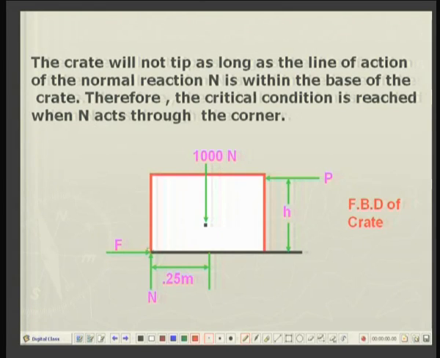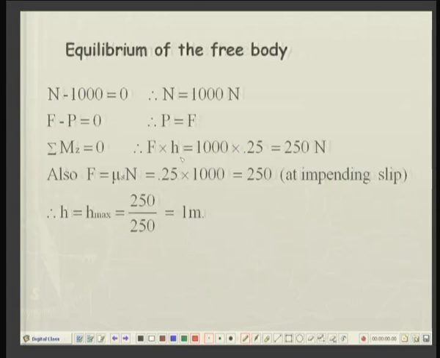where we could have taken moment about any point, but this corner point is most convenient, because two forces are already passing through this point and their moment about this point will be 0. So, I need to take up moment of P and moment of 1000 newtons only. So, when you do so, F into H, that is moment